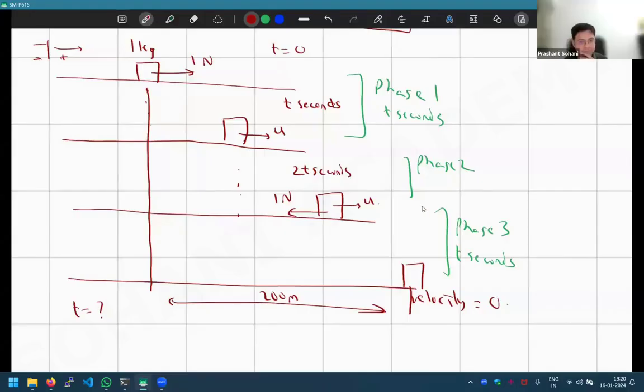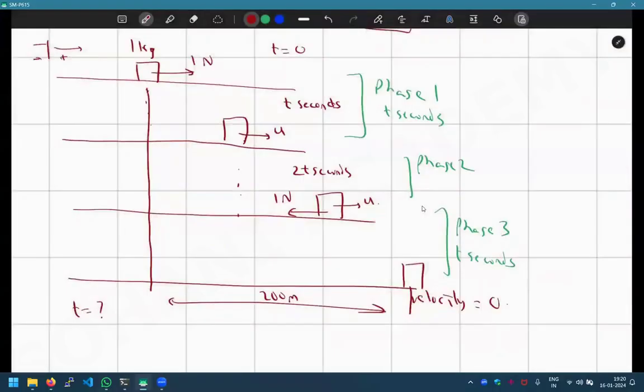And yes, substituted where T will be 2T and A is 1. So by that we get 4T square is equal to 400. So T will be 10 seconds. Okay, so we are just going to use S is equal to UT plus half AT square,